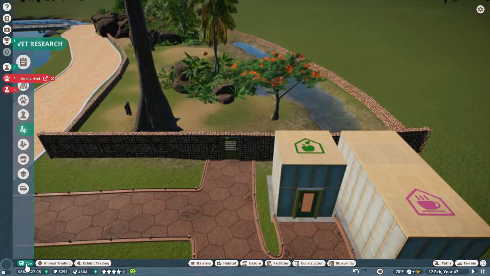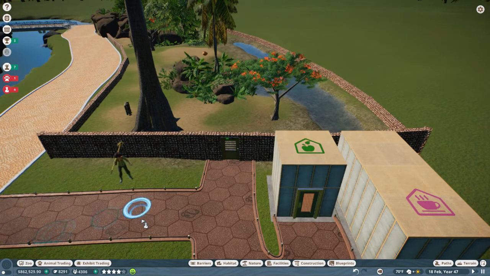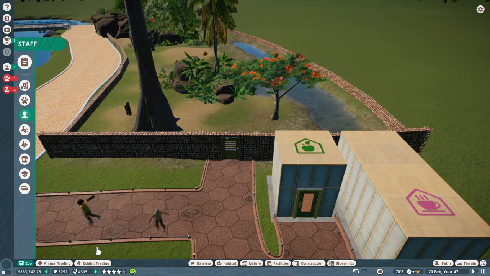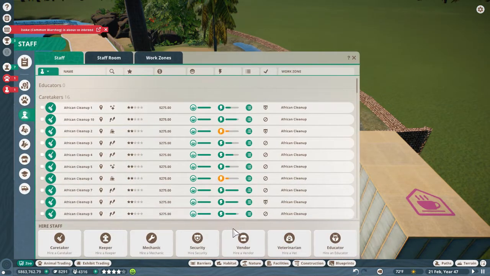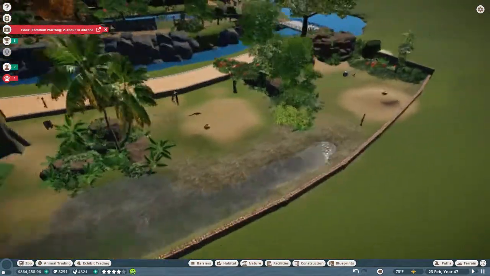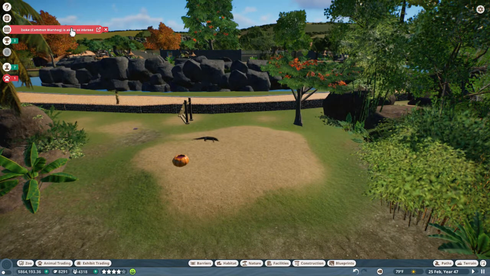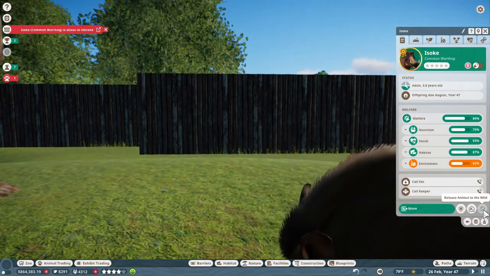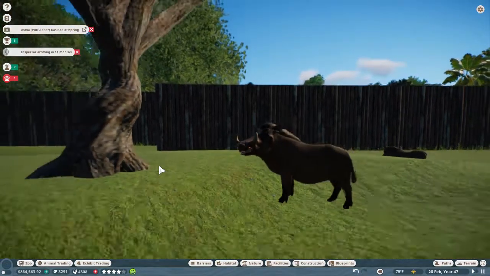Let me drop a keeper for this habitat, and we will drop a caretaker and a keeper and 2 mechanics and a veterinarian. And that, ladies and gentlemen, is where we're going to stop today's episode. I really hope... Whoops, hello. Stop the inbreeding. Naughty, naughty. That's not nice. Well, might have gotten to it too late. Oh well. Yep. Anyway,